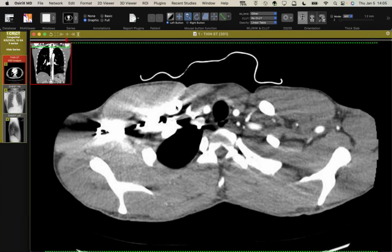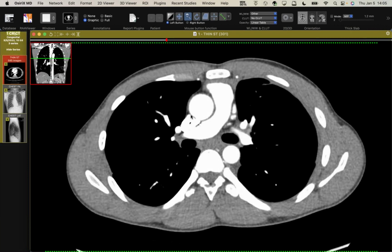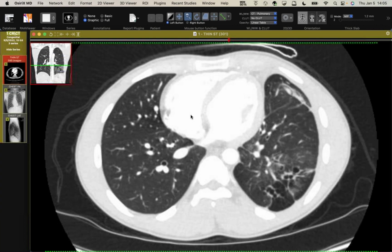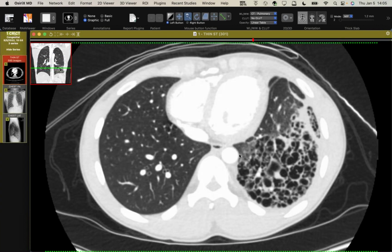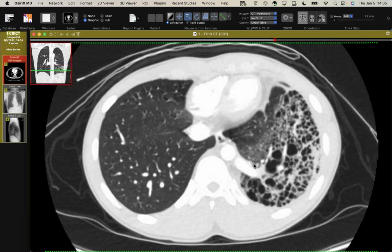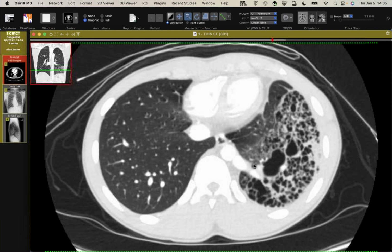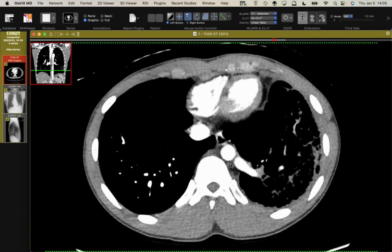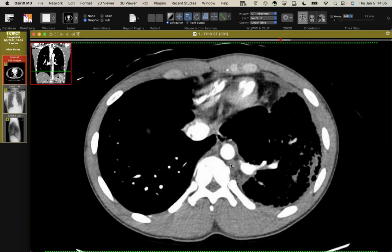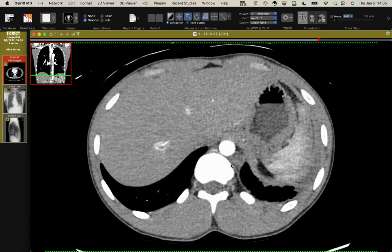So he had a series of CTs. This is a more recent one. And what he's got, let me start with the lung parenchyma first, is this very complex cystic space here in his left lower lobe, pretty extensive, and you can see some of them don't have the fluid levels at the time of CT. But what's really cool is this monster artery coming off the aorta going in there, and it's got little branches that come in there. So this is a giant sequestration